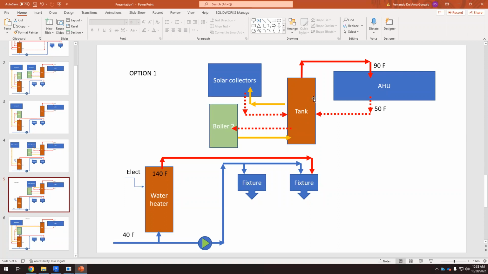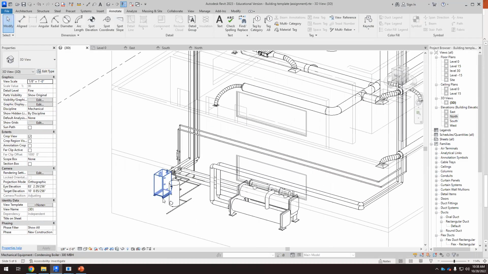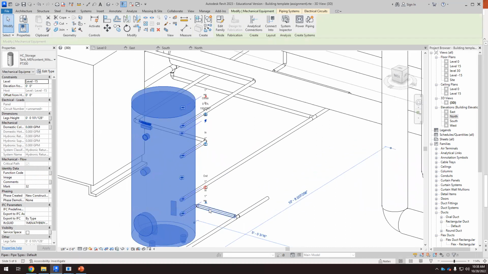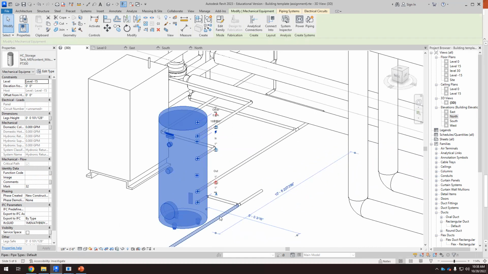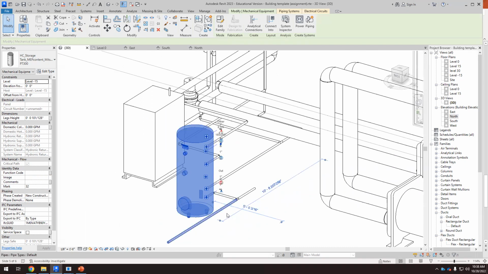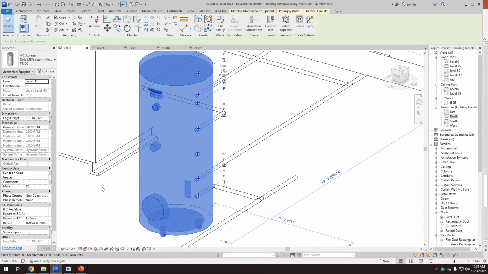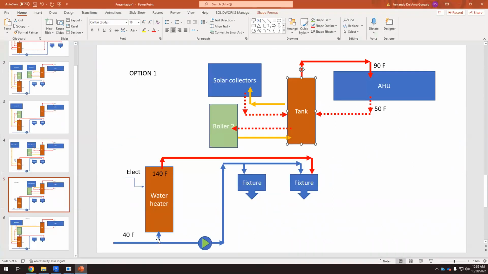If we had a tank in REVIT that had like 2 inlets and 2 outlets, that would be a lot easier. But in the tank that we found in REVIT, if you remember, it had only, well, we need one supply from the municipality, so we need one cold water supply at the bottom of the tank. So in this schematic view, this is the,